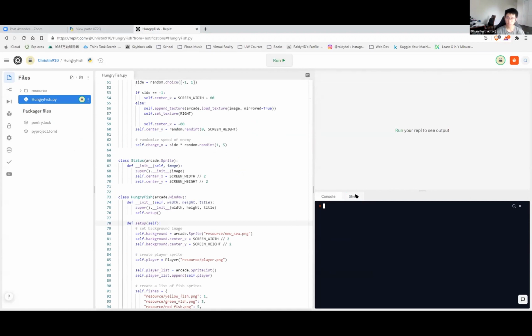Go to shell, and you will be in the folder called Hungry Fish. And then you will do pip install arcade. I spelled install wrong, but